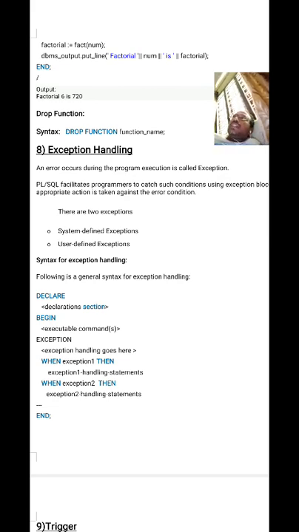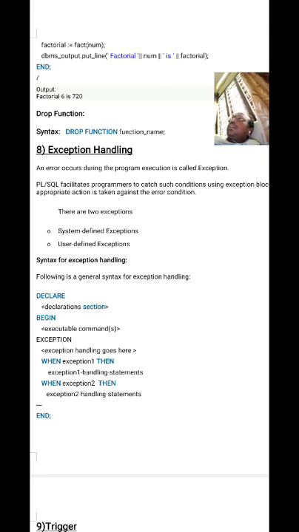So you can catch and take the appropriate action for that error. If you are catching and taking the appropriate actions against that error, then the other code is executed, and that code is also executed. So that is an excellent use in PLSQL. That concept is known as exception handling. It means handling the errors, just to catch and take appropriate actions against that error.